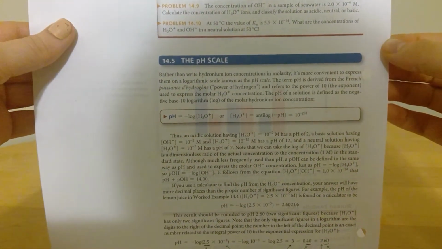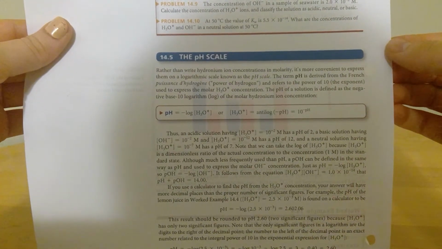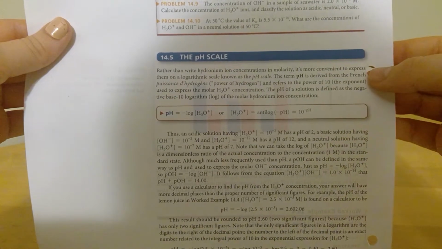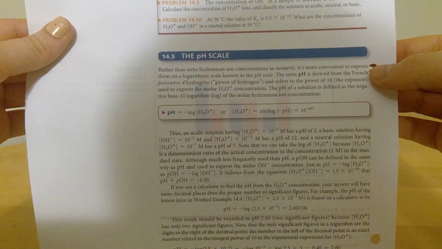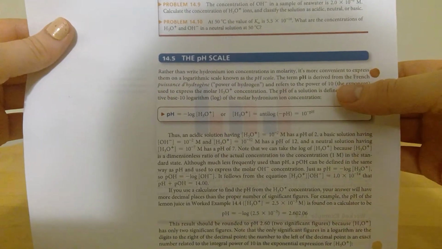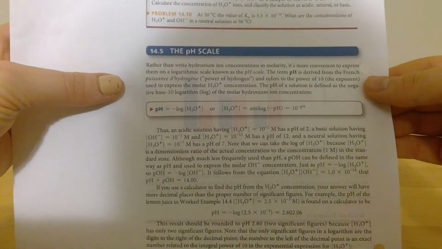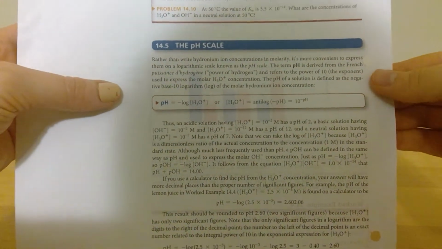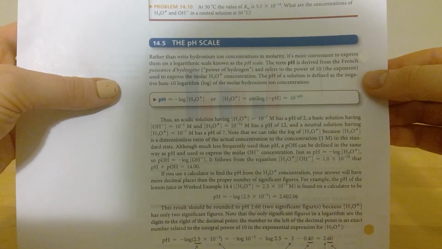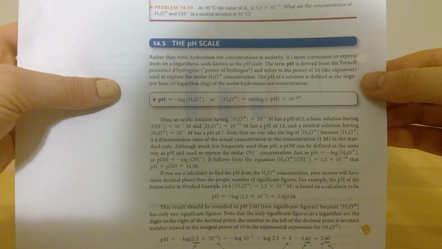Rather than write hydronium ion concentrations in molarity, it's more convenient to express them on a logarithmic scale known as the pH scale. The term pH is derived from the French puissance de hydrogène, power of hydrogen, and refers to the power of 10, the exponent, used to express the molar H3O+ concentration. The pH of a solution is defined as the negative base 10 logarithm of the molar hydronium